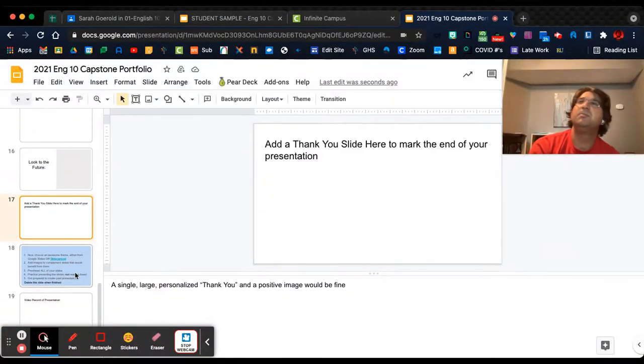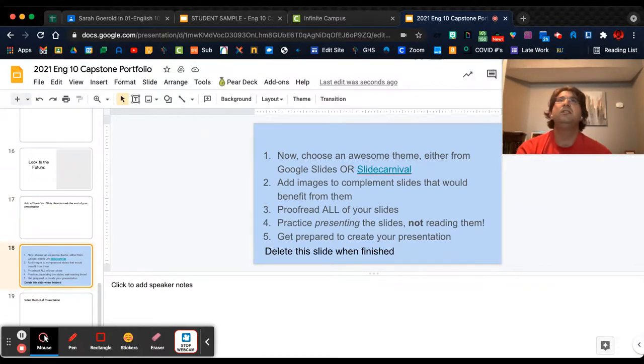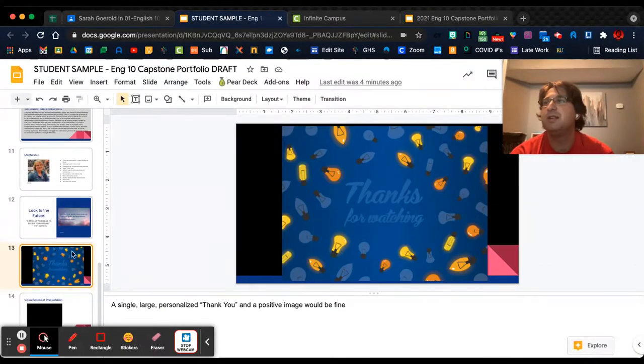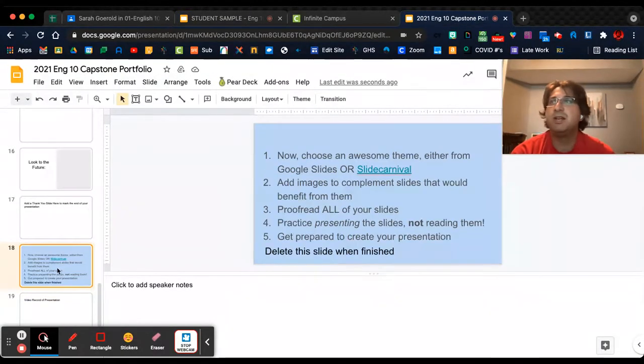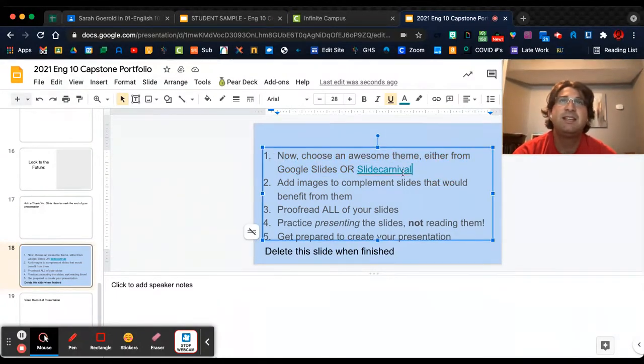The next part's pretty important. This blue slide, you'll notice it's not in the final presentation because the blue slide tells you to do it, then delete it. Choose a theme, add images, proofread all of your slides, and then practice presenting them, not reading them. You don't have to read every word on every slide, just like I did here. There are some key things you want to highlight, but please don't read verbatim. And then get prepared to